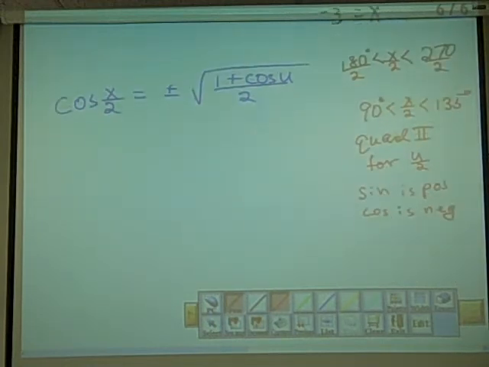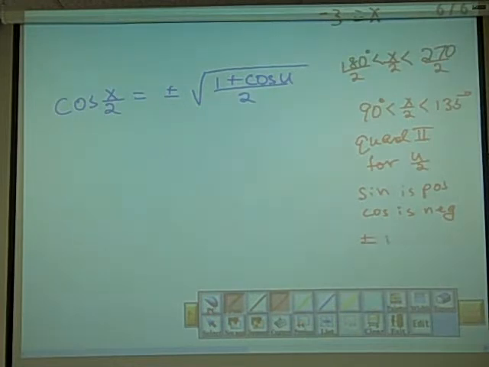So in that plus or minus square root of whatever it is for sine or cosine, that means for sine, in this case we're using x over 2, we're going to use a plus. And for cosine x over 2, we're going to use a minus. Okay, so that's why